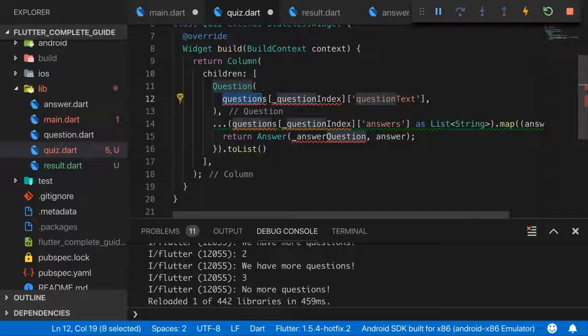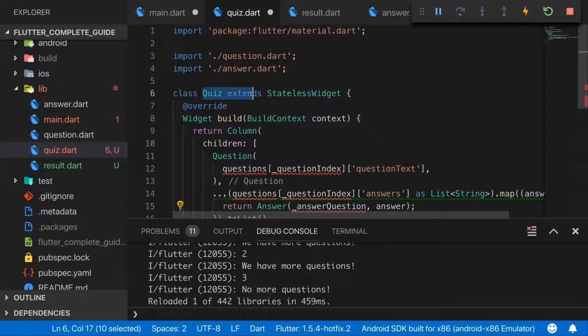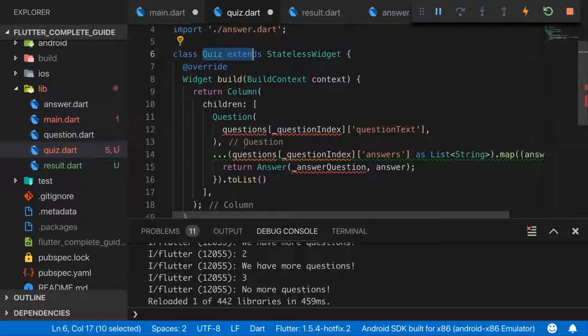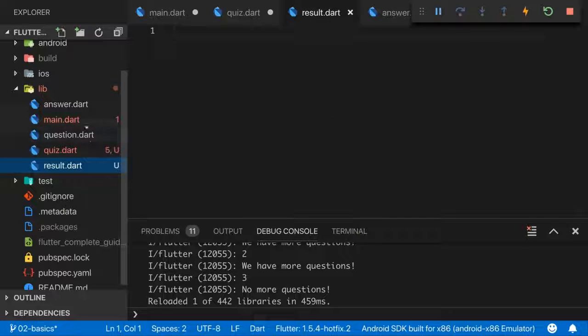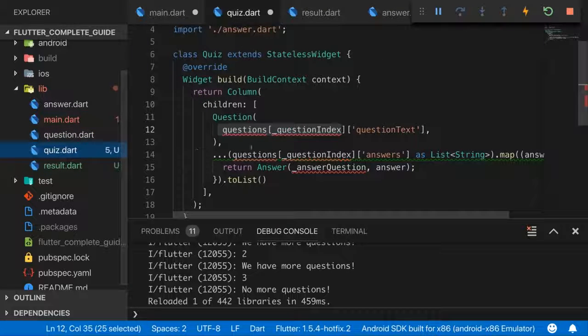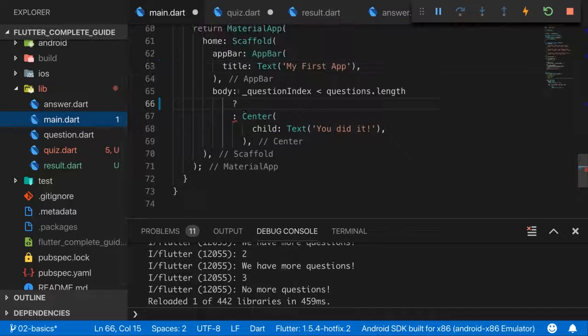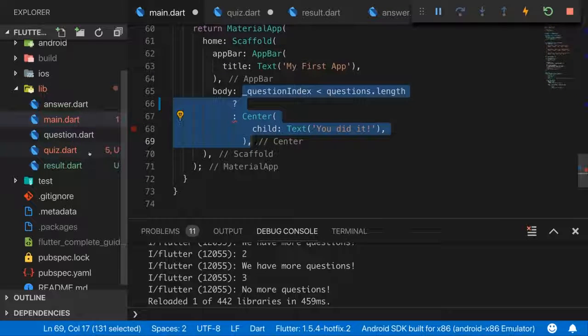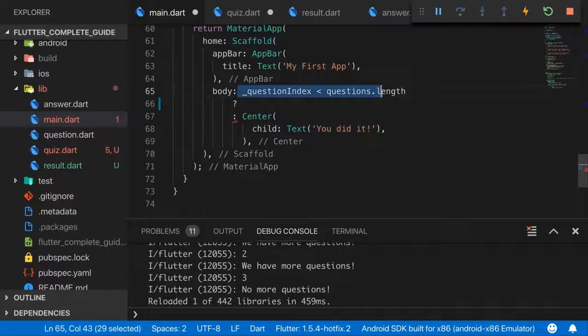And I'm referring to the questions list and also to the answerQuestion function. Now, of course, you could now think that you want to turn Quiz into a stateful widget now, because now we have both the question and the answers in here, so we could manage everything for that in this widget. But please keep in mind that in order to show the result, which we want to do in the main Dart file and not in the quiz Dart file, otherwise we would basically transfer the ternary expression also into the quiz Dart file. Because we need to manage that condition in the main Dart file,